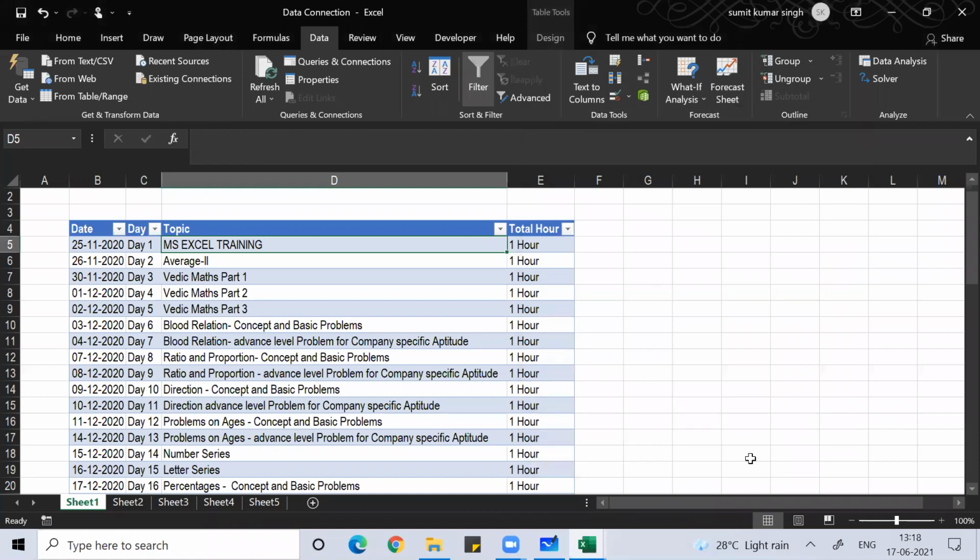Clear, everyone? Anyone, any doubt? Any question? I hope you understood the importance of working with this file called data connection.